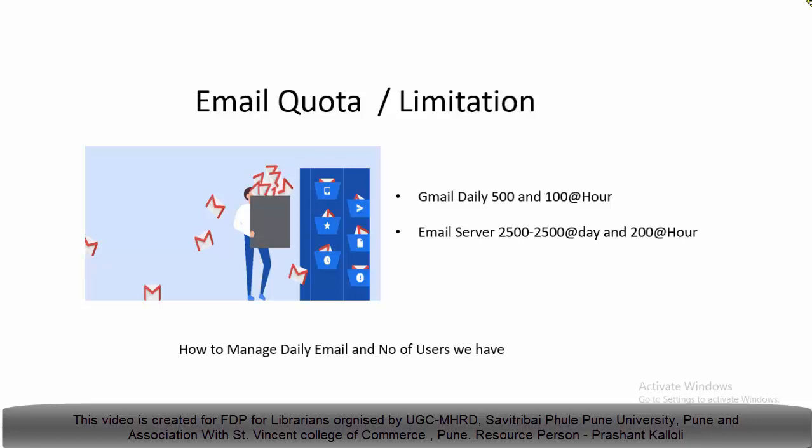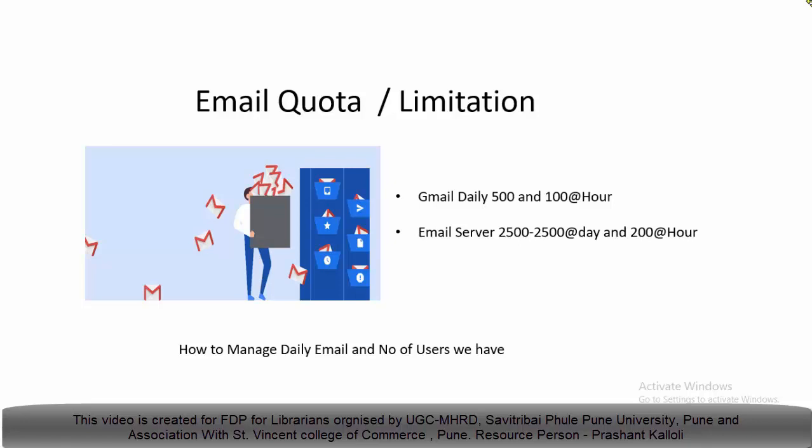Also, we never think about the email quota or daily limit of an email account, which is set by the service provider. We all use Google Gmail as an email client. Google has given permission to send 500 emails in 24 hours and 100 mails in an hour. It means Google has given you 500 mails per day, and per hour permission to send 100 emails. It's the default. We can't exceed this limit in a normal account.